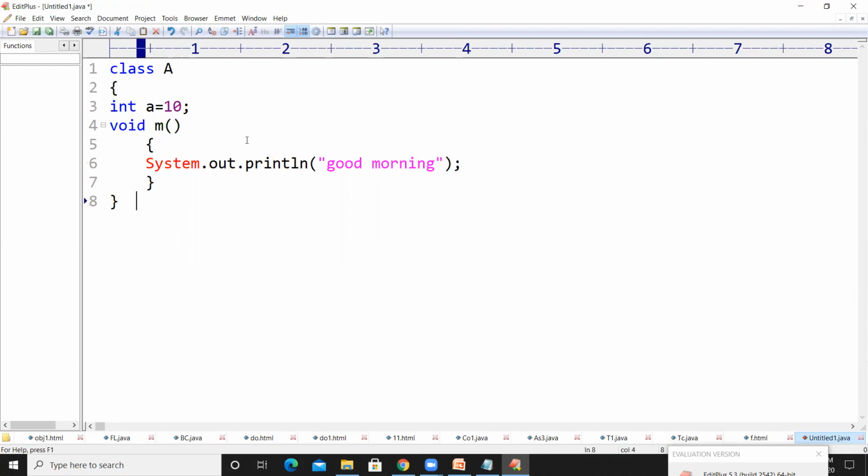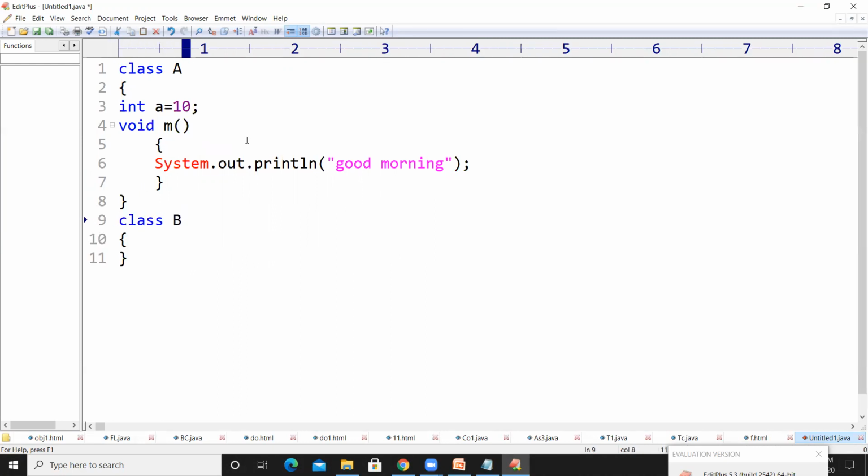So the value of a is 10, and then I have one more class, class B. I want to inherit the properties of class A, so class B extends A, and here I am going to take the same variable, int a equal to 20. So there are two variables with the same name a, but the value of a inside class A is 10 and inside class B is 20.